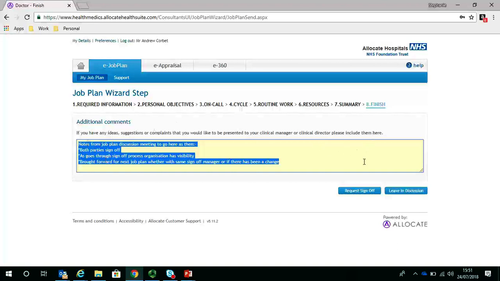So we've got two options available for us in the finish section. We can either request sign off or we can leave it in discussion. If we leave it in discussion, it's going to stay in discussion. So I'd have to either go back at another point in time and ask my manager to sign off, but we can equally do that from our dashboard anyway. Or I can go back in at a later point after my manager has requested me to sign it off. So if I suggest here that I'm going to request sign off,